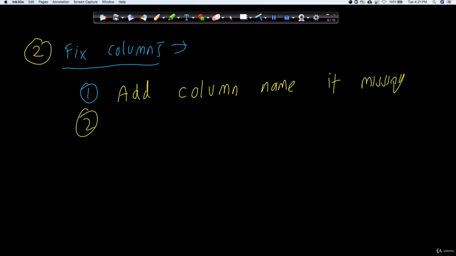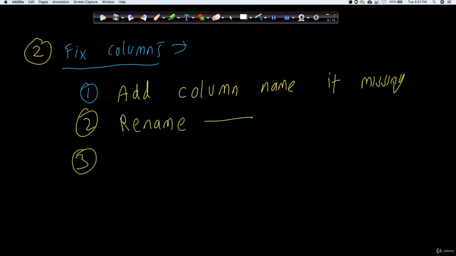Second, now sometimes it does happen that your columns will be like C1, C2, C3, C4, C5. Now these column names don't make any sense, right? They gave some abbreviation for it. So maybe you would like to rename those columns first before you start working on the data so that it starts making sense. So you have to rename columns.